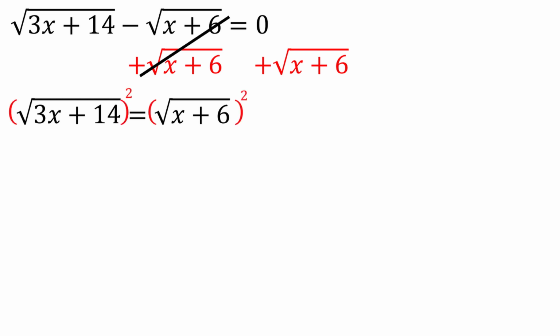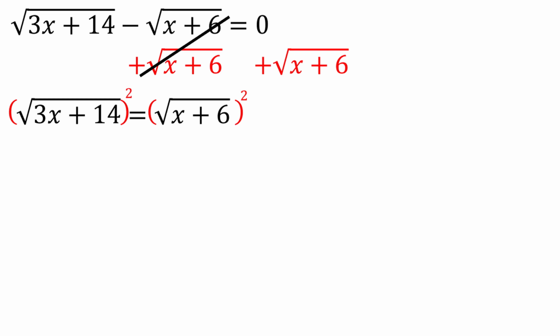Now we can square both sides, but you might be wondering if we will have extraneous solutions. Well, since the square root is always positive, both sides of the equation are positive. We don't have the situation where the square root is equal to a negative number, so we don't really have to worry about extraneous solutions here. If you aren't sure, you can always check your answer at the end. But in this case, we don't need to worry.